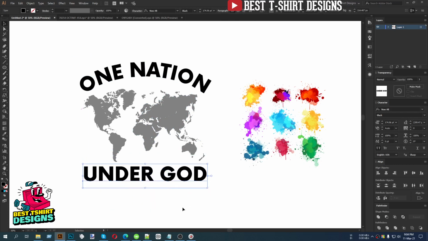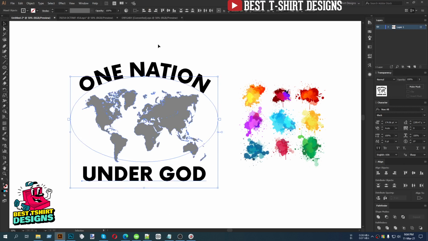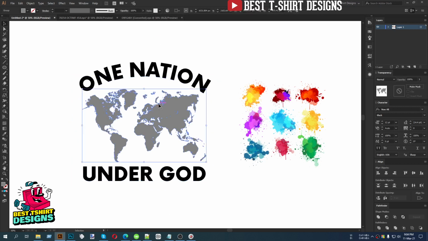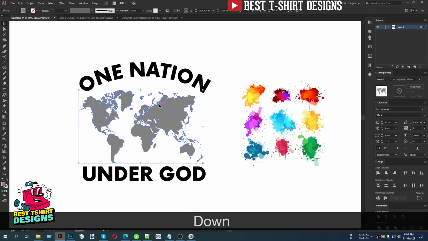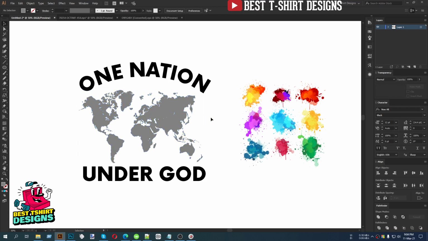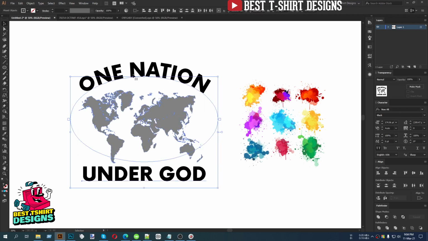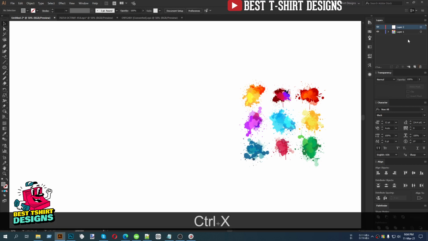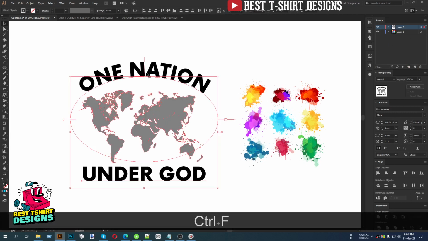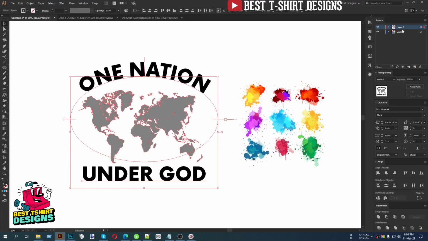So this is going to be the final position of my graphic, but this map should be kind of in this way, and that's where I feel like it is in the center. So that's it, guys. Now I want to create an effect here and for that I want to select all of it, the map, the text, not the colors, and cut it. So I'm going to take another layer on top of my watercolor and press Ctrl F. That is going to paste my text and the map in the top layer.